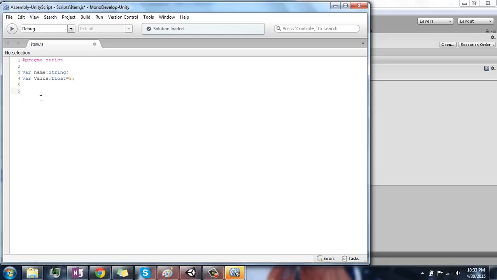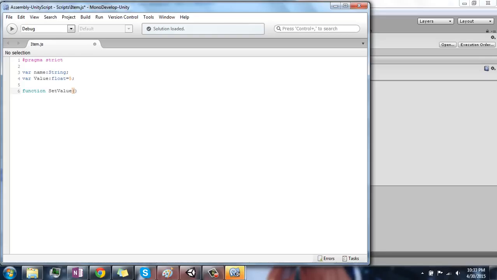Let's say that maybe we want to sell this object, I'm not sure, or set the value of this object. This is easily done, but let's say we want to do it in a different script. What we used to have to do is have a reference to whatever this object's component is on, and then we'd have to use, if you remember, send message, and you'd have to give it a direction, a value, things like that. Instead of doing that, we can actually create a function in here like normal. So we'll have the function set value,